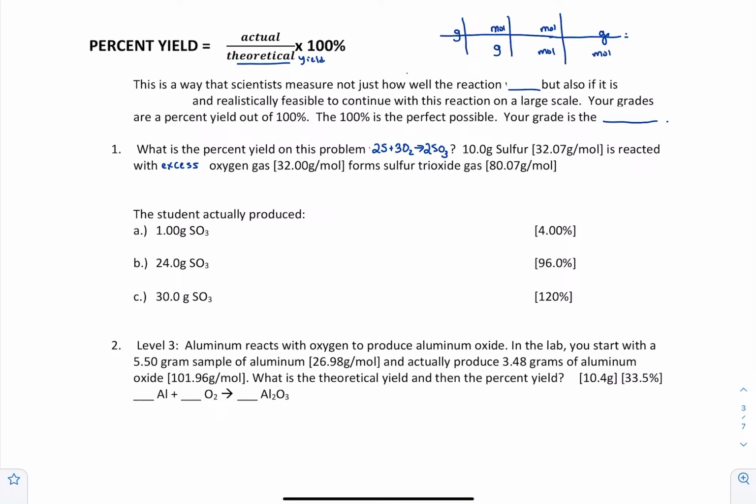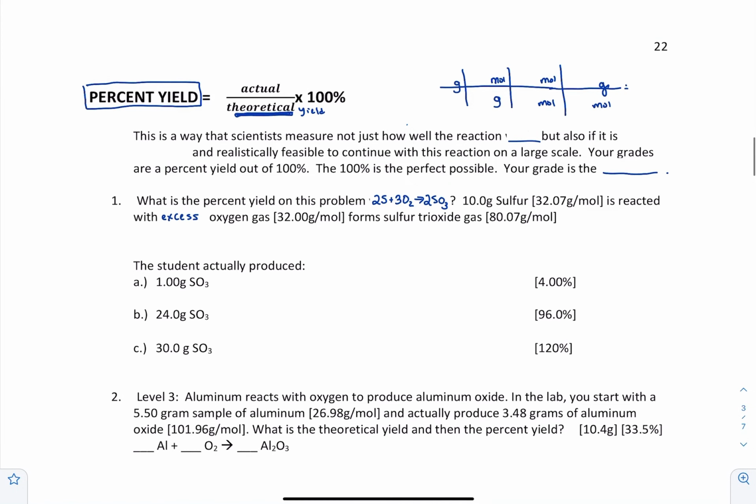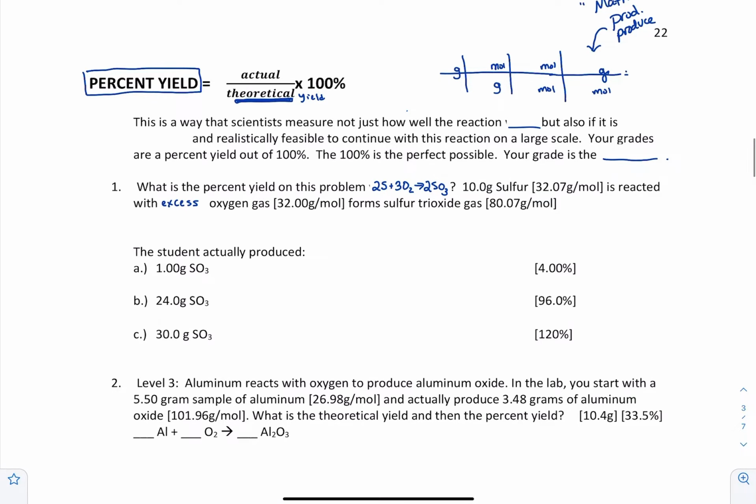That's what percent yield is about telling us. So we're going to look at percent yield, but theoretical yield is half of the battle, or part of the information. So you will have to make sure that you have a theoretical yield, which is the product amount produced. It's not really what's produced, it's what math tells us. But of course, we all know that math isn't the same as everyday life, at least not in terms of doing reactions. So percent yield is a way that scientists measure not just how well a reaction works,